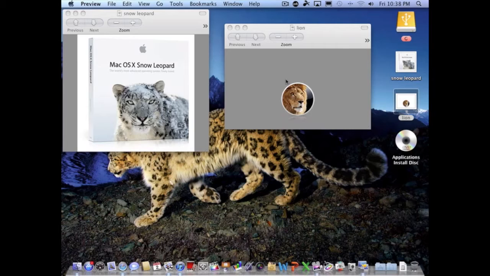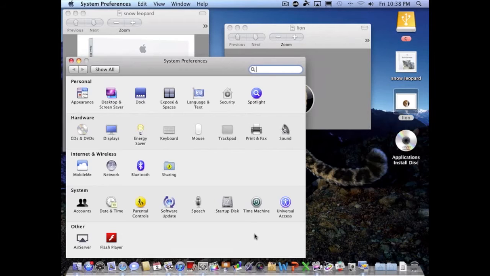And it's sort of a great thing, because I have about a 350 gigabyte hard drive, and I have the majority of my hard drive dedicated to Leopard, and I got 50 gigabytes dedicated for Lion installation. And I'm going to show you how to do that, and I'm going to try to make this video as quick as possible. So first thing you're going to do is you need to open up